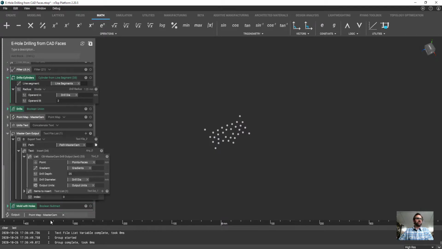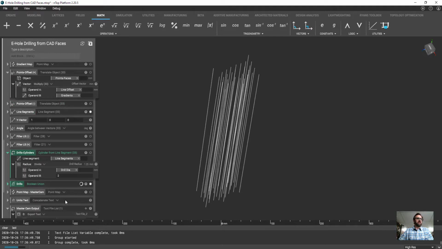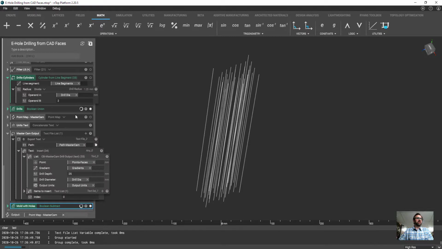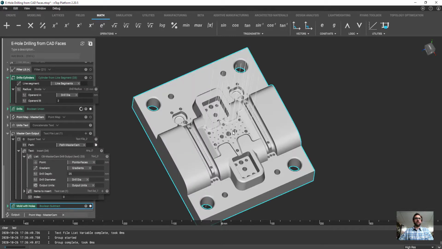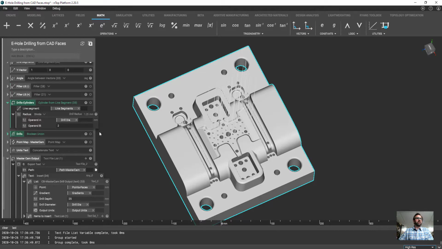Cool. So let's see if that actually did what I wanted here. This is verify our output. And we're going to turn on our line segments as well. Okay, so there's our line segments. Just waiting a little bit on the render here. This is a fairly large part. And, there we go. So now you can see how these drills were generated and actually produce what we want